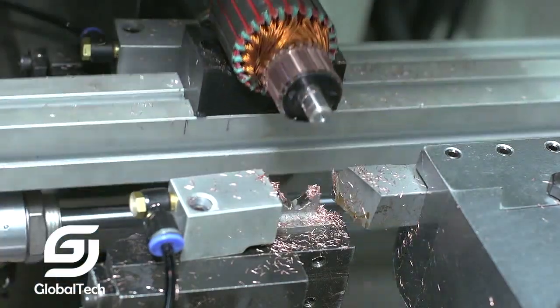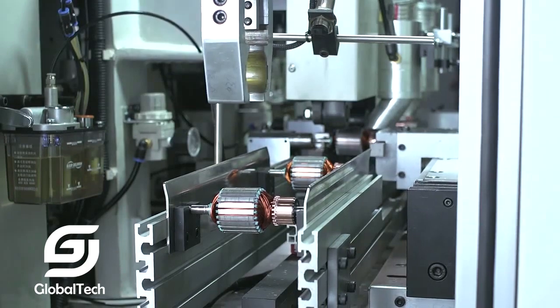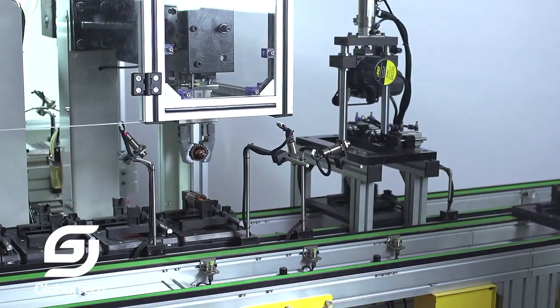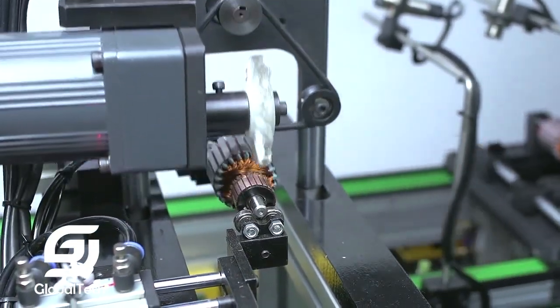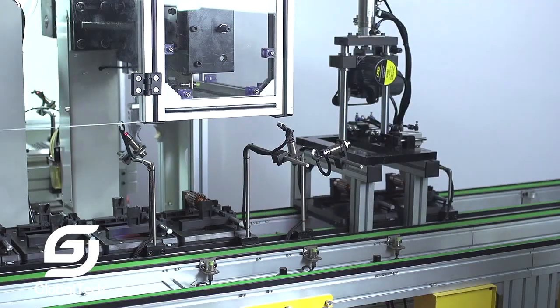Completed motors undergo rigorous testing to ensure they meet performance specifications and quality standards. Motors that pass inspection are packaged for shipment to customers around the world. NIDE Group's commitment to advanced manufacturing technologies and rigorous quality control processes ensures the production of high-quality, reliable electric motors